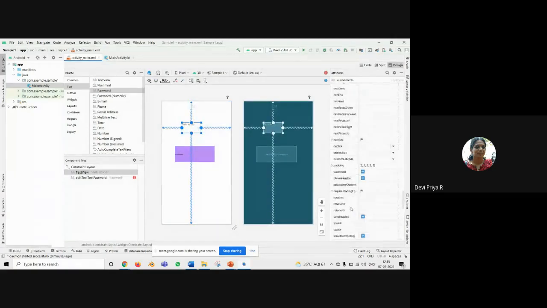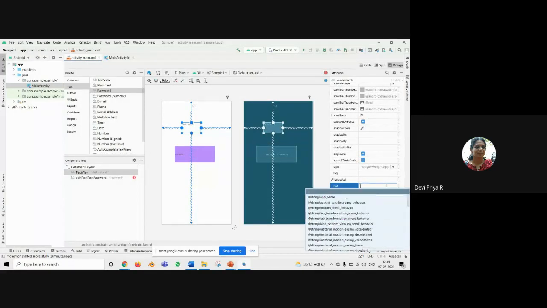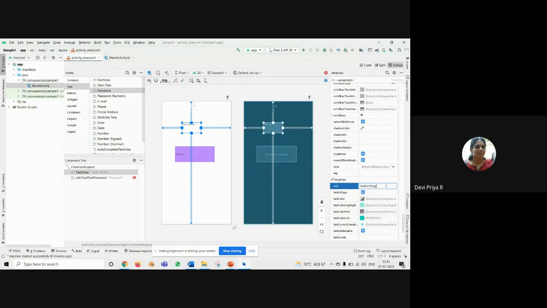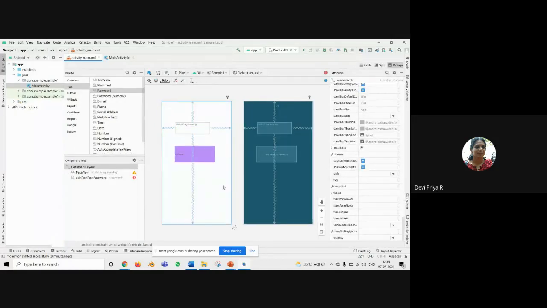Okay, and here I have hello world. I am changing it. And before running all these things, you have to set the device. If that is already told in the previous session, no problem. If that is not told, you have to set this device. That means you have to set the emulator.